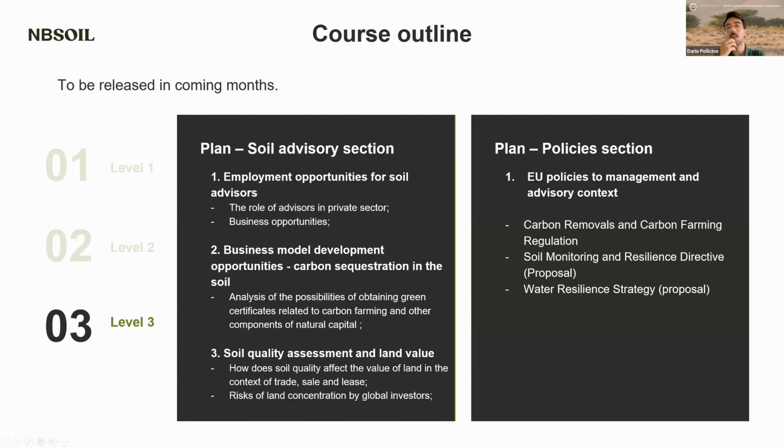assess the environmental integrity of carbon farming schemes, and also explore, which is always a very relevant theme, to what extent this new regulation is integrated and aligned with the CAP funding, or if there are some overlaps with, for instance, eco-schemes, and how this could be managed. These could be some of the topics to be explored in level 3.